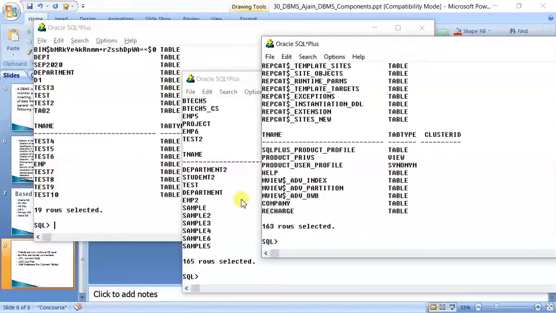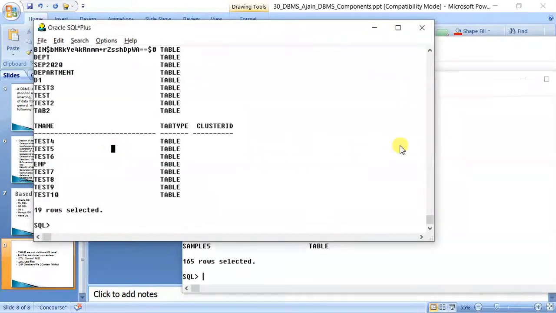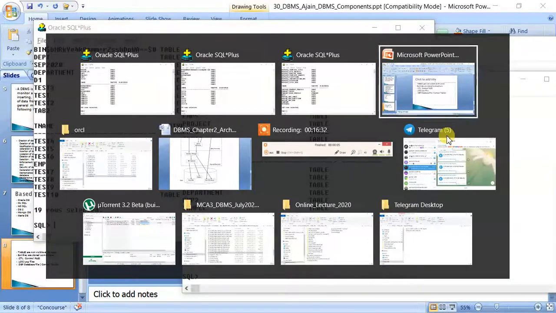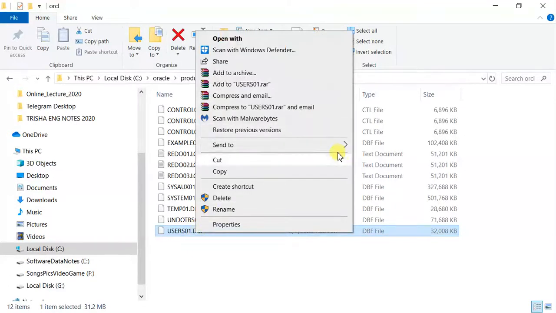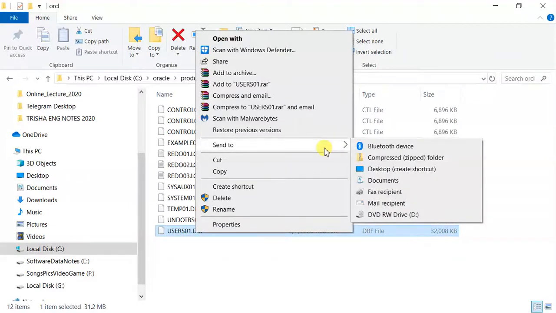Okay. So Oracle can distinguish them very easily, but all these tables are actually inside these files only. But from outside you will not be able to see them. Moreover, there is a security: although you can copy it and send it to a pen drive, you cannot open it in any other system like this. No hacker or cracker in this world can open these files and find out the data stored in the tables. There is only one way: proper login, permission, grant, password. Then only you can see the data.